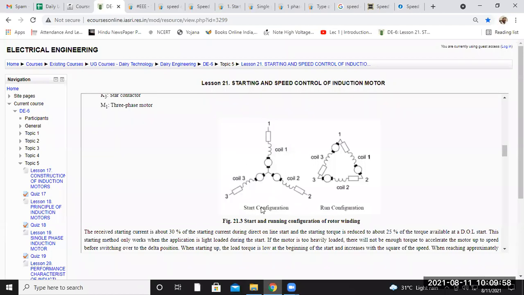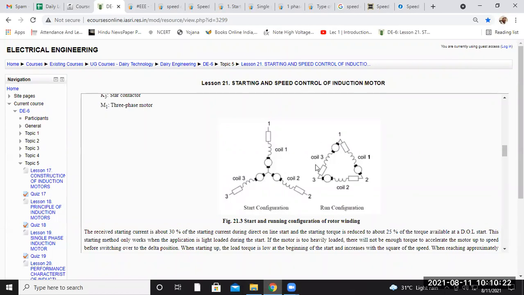39 volt is for your three phase connection, but for a single phase connection, when you calculate, you will get 39 divided by root 3. That will give you the value of, let me calculate, 22.51 volt for a single phase. That means the voltage drop is reduced because of this star connection.